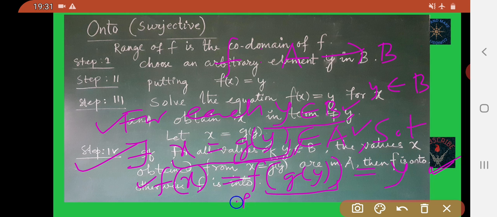That means f of x is equal to y. Then we can say that function is onto. Understood? Otherwise, function f is into.